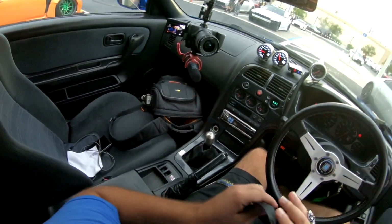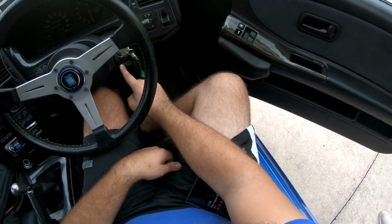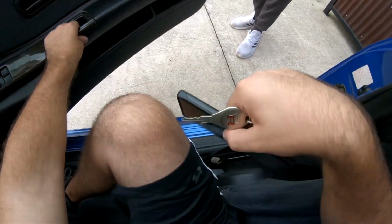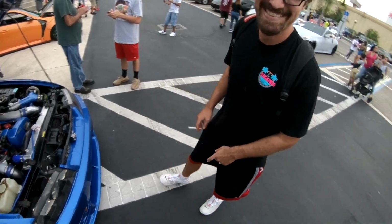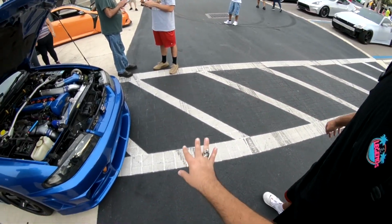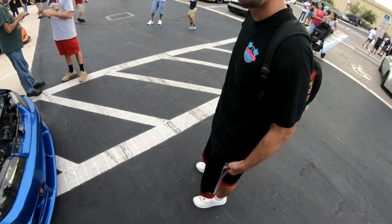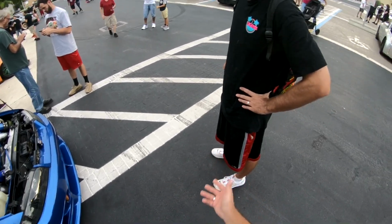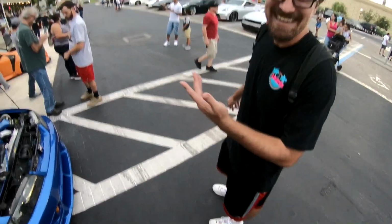This thing gets all the attention, man. It's great. Absolutely crazy. JDM shit, look at this. Yeah. I love it. Sick. Yeah. You can't get the key out unless you press that button. Dude, just pulling in and seeing literally everyone crowd around, just stare. I feel like that's half of the experience, you know? And honestly, I really want to share this with all my friends. It's cool, but if I'm the only one driving it and enjoying it, then it's not really that much fun, you know? First thing I was like, man, I'll show my...